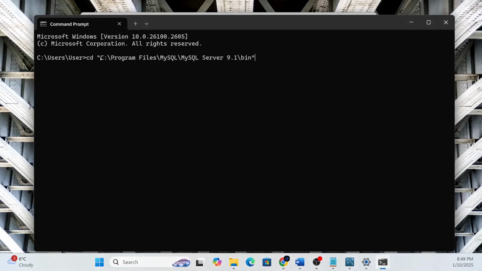The MySQL server version that I have installed is 9.1. So now we are going to navigate to this path. If you don't want to write the CD and the path, you could add it as an environment variable. We will make another tutorial on how to do this. So now we are under the MySQL server path, and to connect to MySQL server we should type in mysql